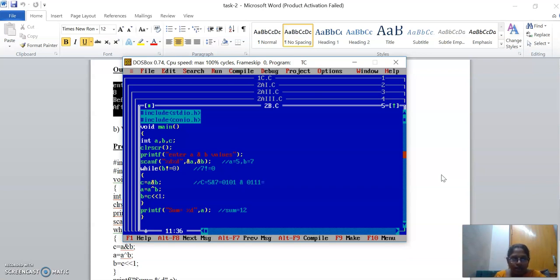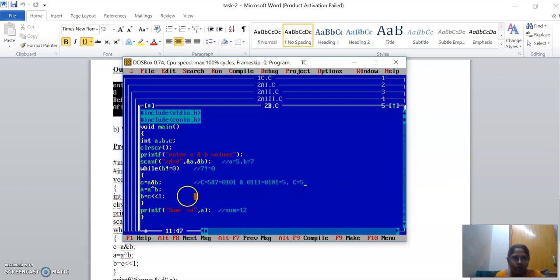What will be the result if you perform the AND operation? 0 and 0 is 0, 1 and 1 is 1, 0 and 1 is 0, 1 and 1 is 1. Now the result will be 5. That implies C is equal to 5.